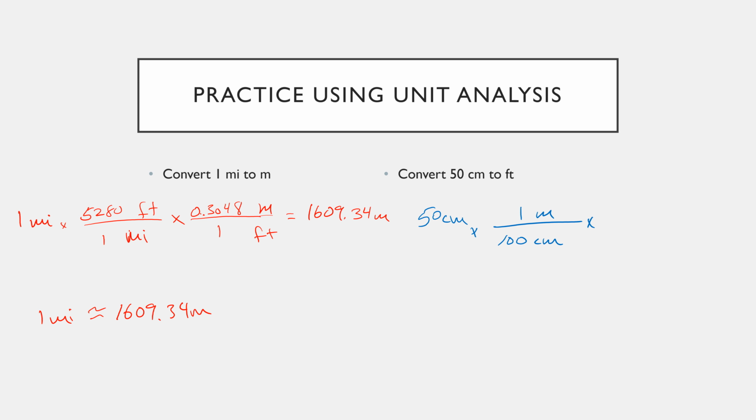So we have 1 meter, let's say, down here, and that's equal to 3.28084 feet. So what we've decided to do this time is start with 50, divide by 100, and then multiply by 3.28084, and that is going to leave us with 1.64 feet. So we would say that 50 centimeters is approximately equal to 1.64